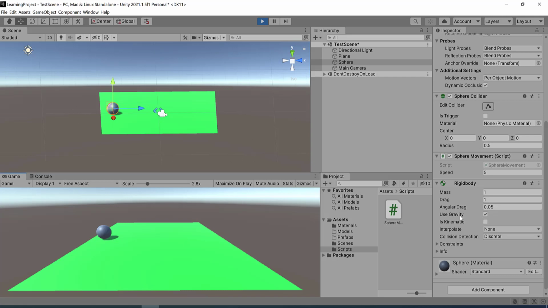Use gravity. What does this mean? Now look at this. If I move this game object up and if I release it, it will move down automatically. It will drop down because a gravitational force is attached to this game object. That's the reason over here. Is Kinematic is false in this case because we are not using kinematic, we are using the rigid body, or the physics engine movement, over here.